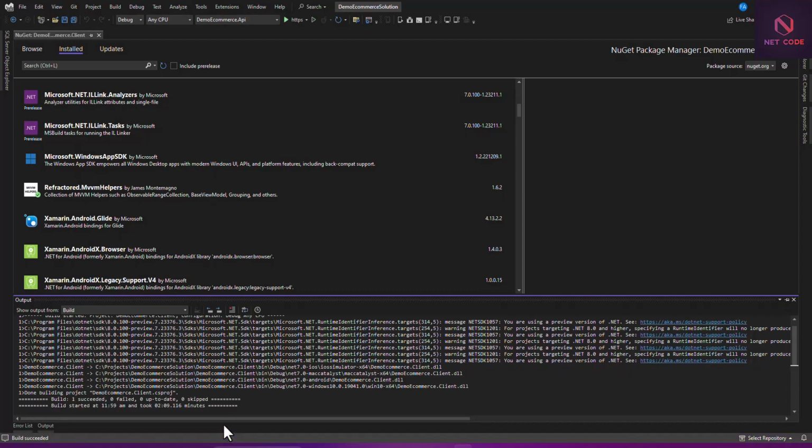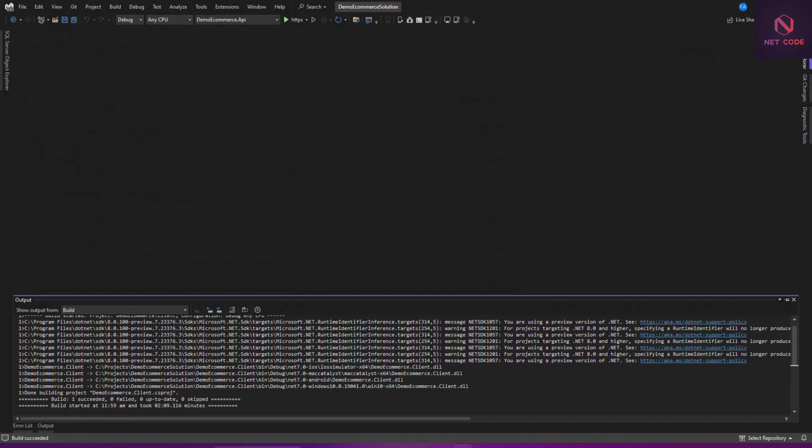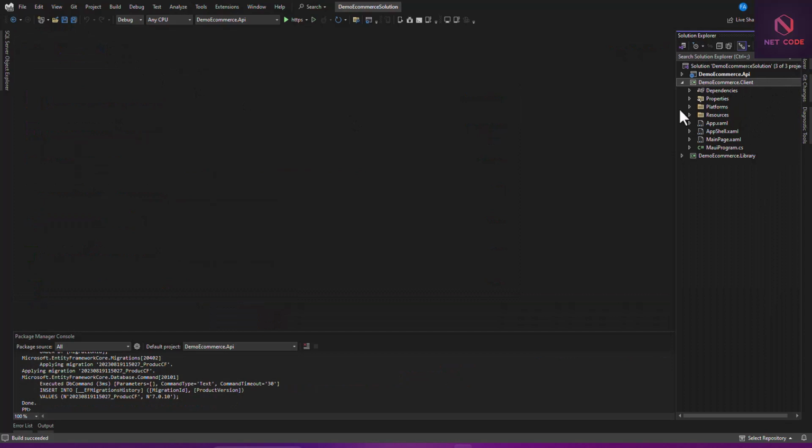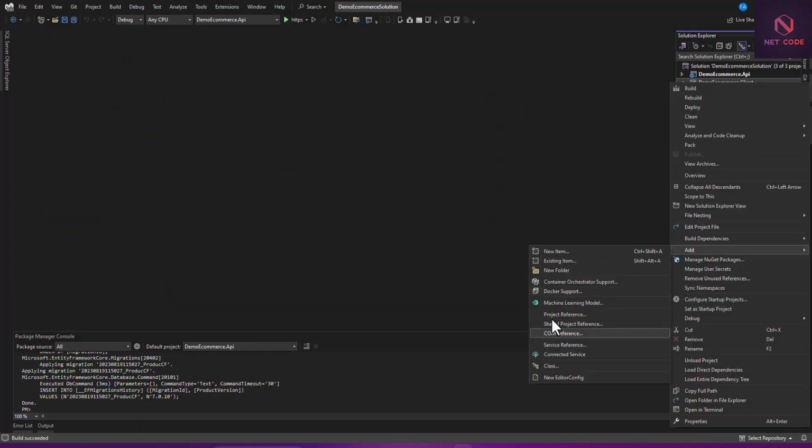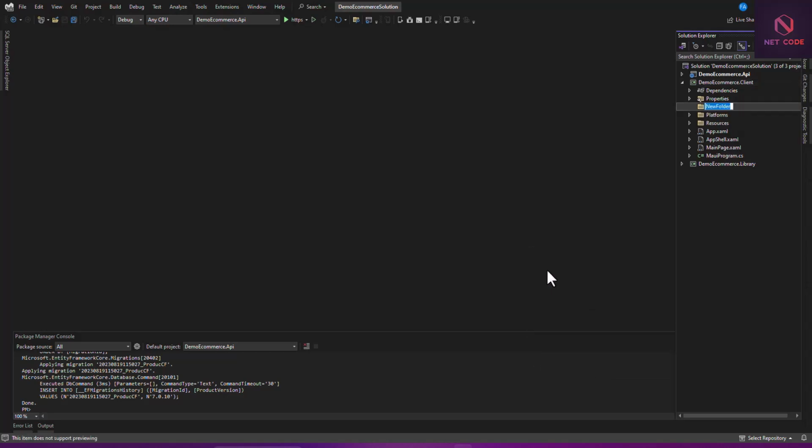and see if it's also working. Yeah, so you can see that here succeeded, 1 succeeded, and 0 failed. So we are good to go. Let's close this. Let's go to our project now. In this client, let's create 2 folders. The first one, let's create a new folder for views. Now this is views. Now in the views, you want to create